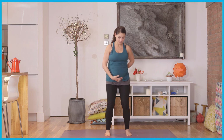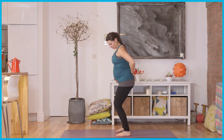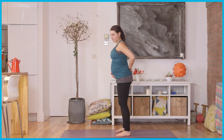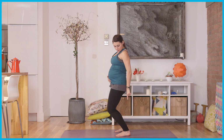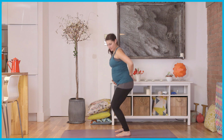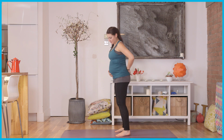As you push the ground away from you, it sends the pelvis forward and your belly button up and straight ahead. I'll show you from the side. So you're pushing the floor away and lifting the belly. Push the floor away, scoop the tailbone under, and it makes your belly button sink. Can you see that? Hopefully. All right. So from here, you've got the support from underneath you, carrying the weight of your tummy,